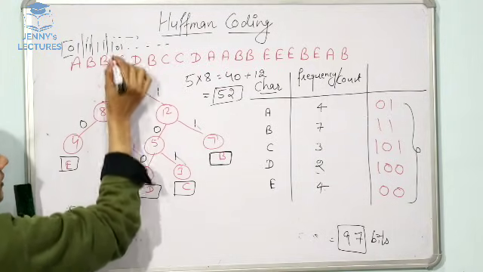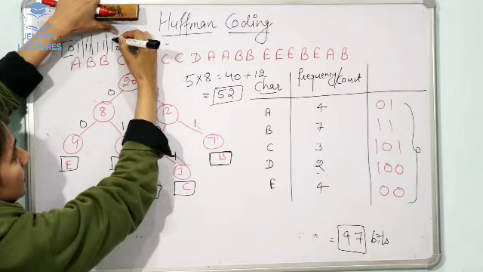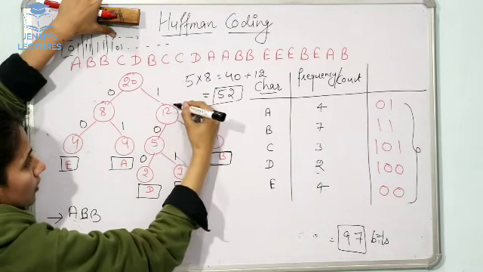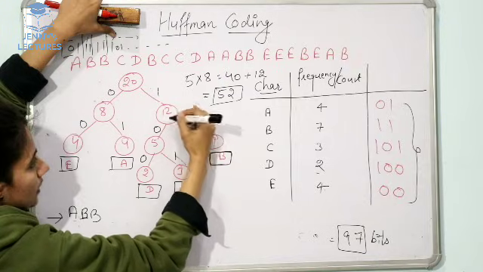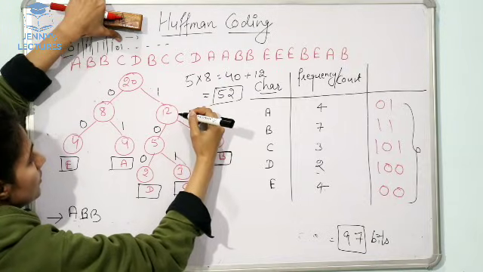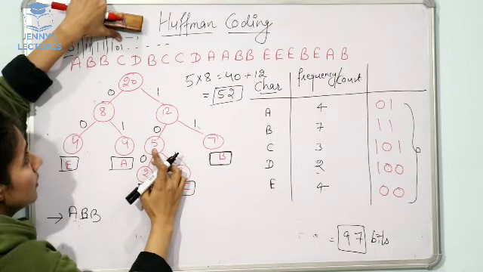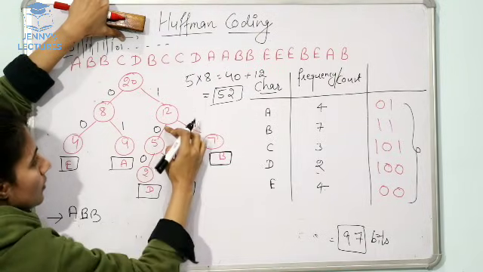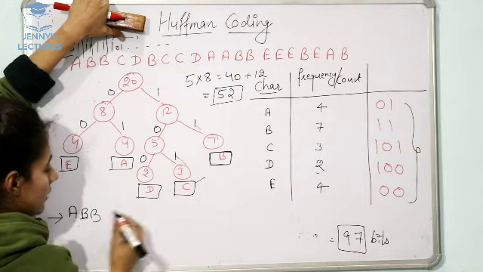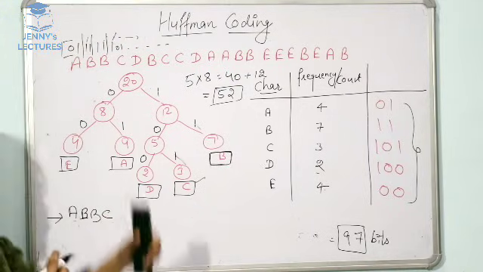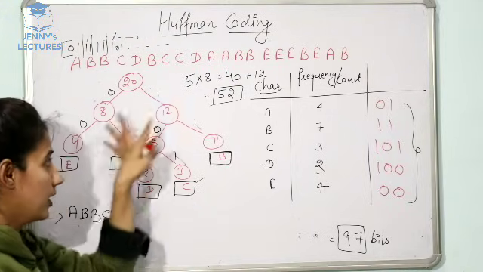For C, how would this be done? Next bit is what? 1 1, because here is no character. The next bit is 0 1 0. Here also we have no character. The next bit is 1 1 0 1. Yes, we have reached a character C. Like this, the message will be decoded with the help of this